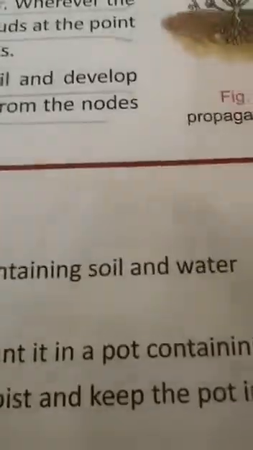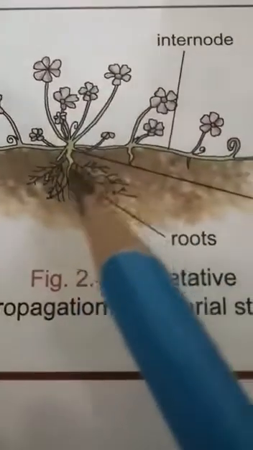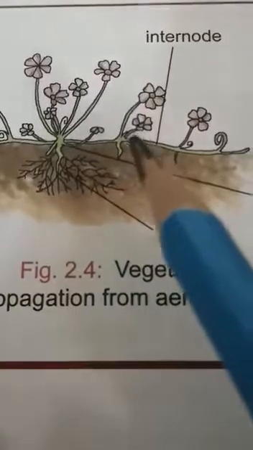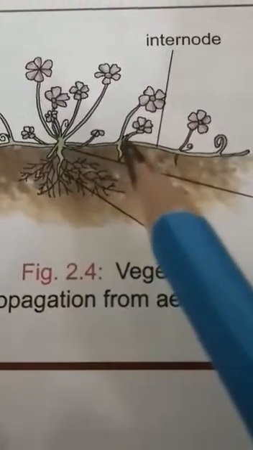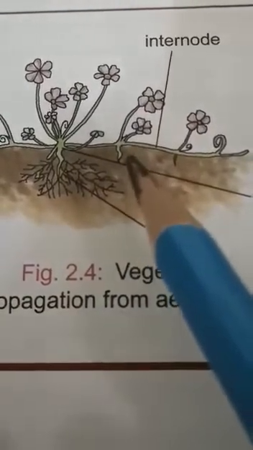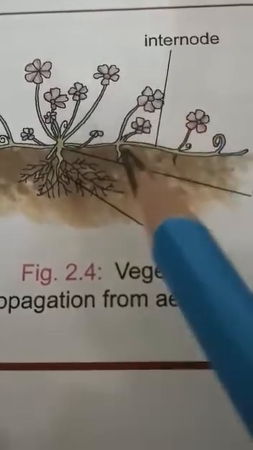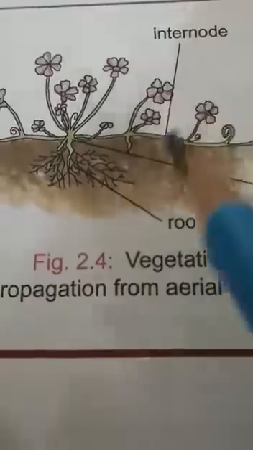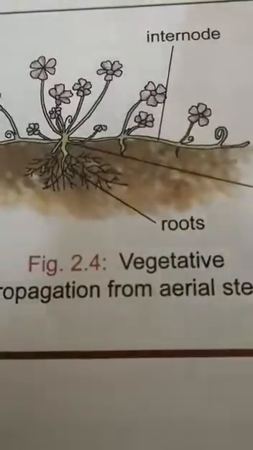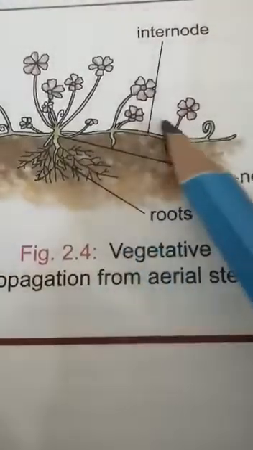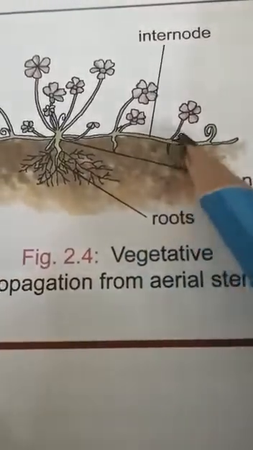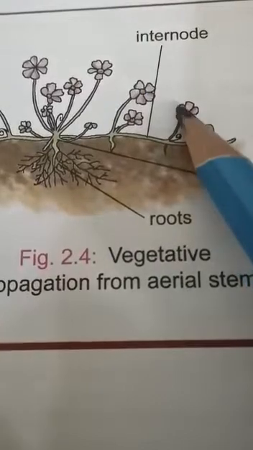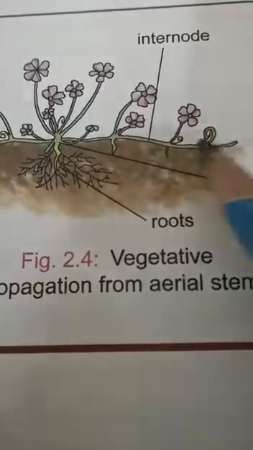Now see here, you can see this is the oxalis plant. Now one of the shoots is going and touching the soil here, and wherever it is touching, new roots are growing, and aerial parts are also growing from there, and these are the leaves growing out. So again one of the shoots is running parallel to the soil, and wherever it is touching, again it is developing the roots and the shoots. So it keeps on growing on the soil.